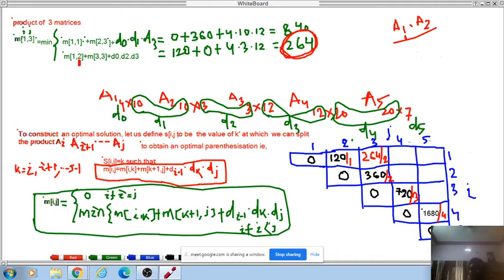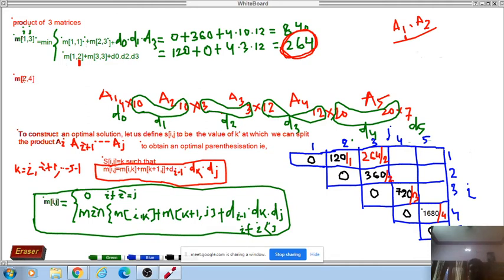What will the next be? What am I going to find out? Tell me, which matrix am I going to execute? Who can tell me? M of 2 4. Very good.